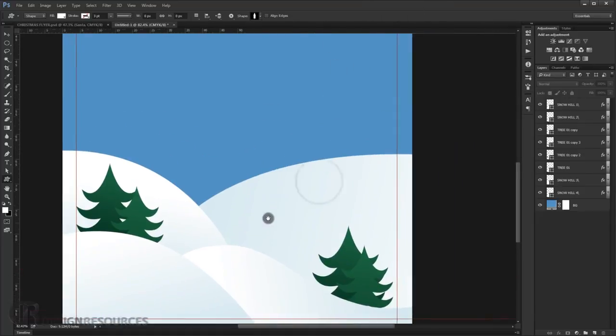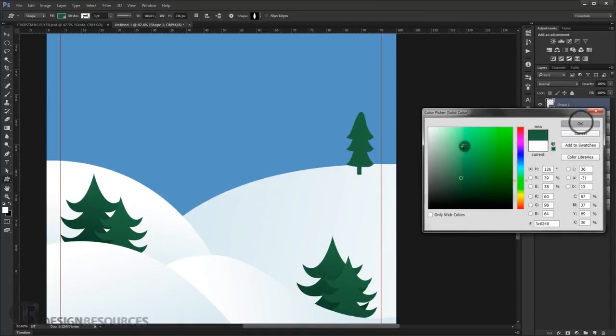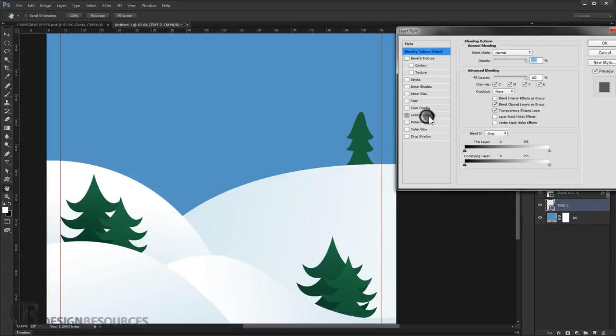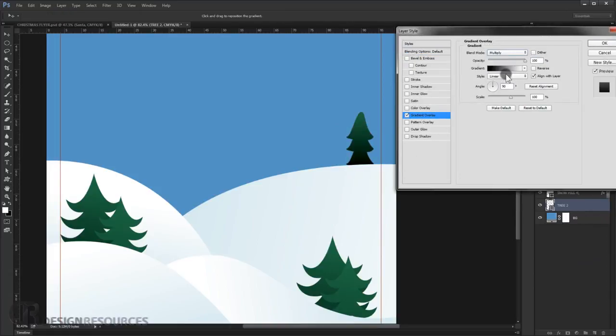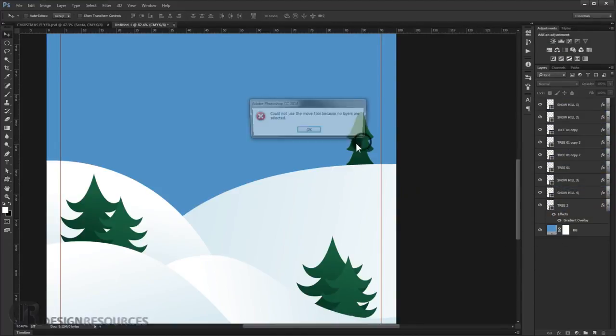Now I will go and choose another tree in here, so we just choose this one in here, and I will just put it in here like that. Alright, and I will put the same color in here, and I will just put it down like that, and I will call this tree 2. And again I will make the same gradient overlay again, and I will change it to multiply, and I will reduce the opacity to like 36 or 35 like that, and press OK, and I will make a copy of it by pressing Alt